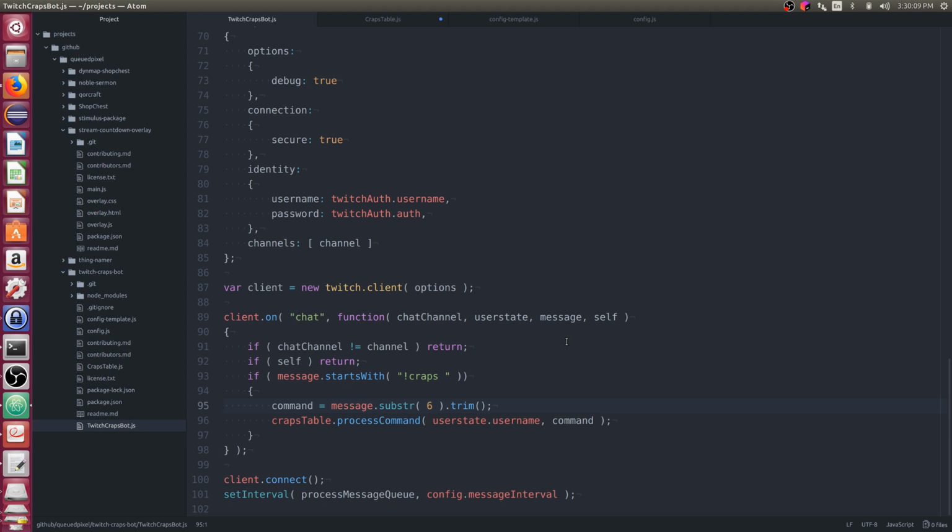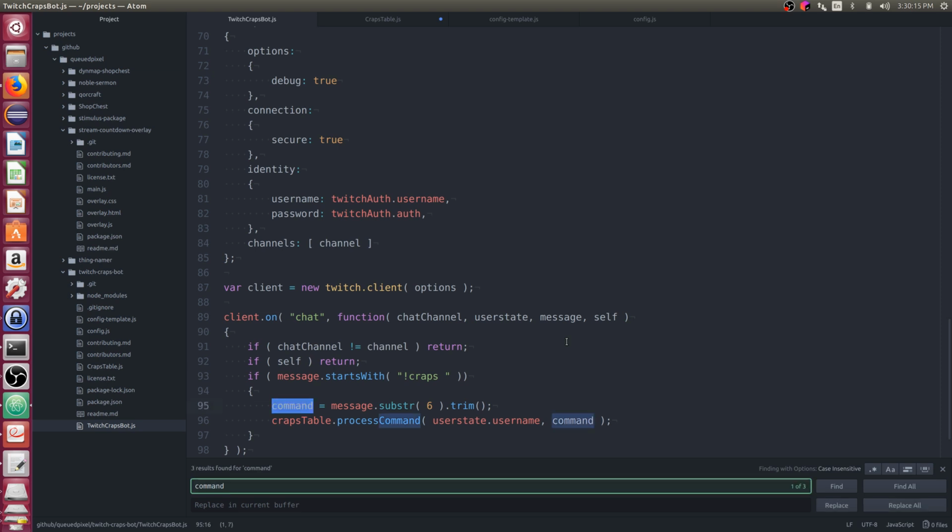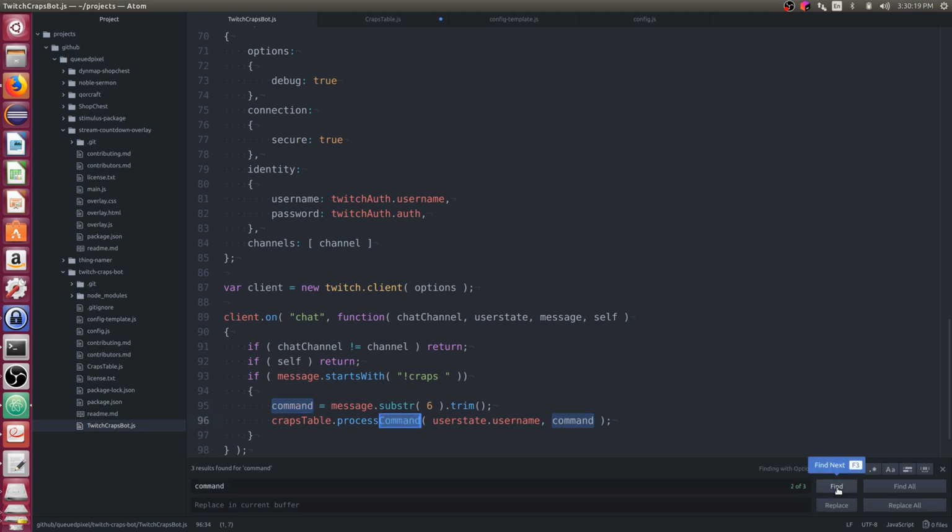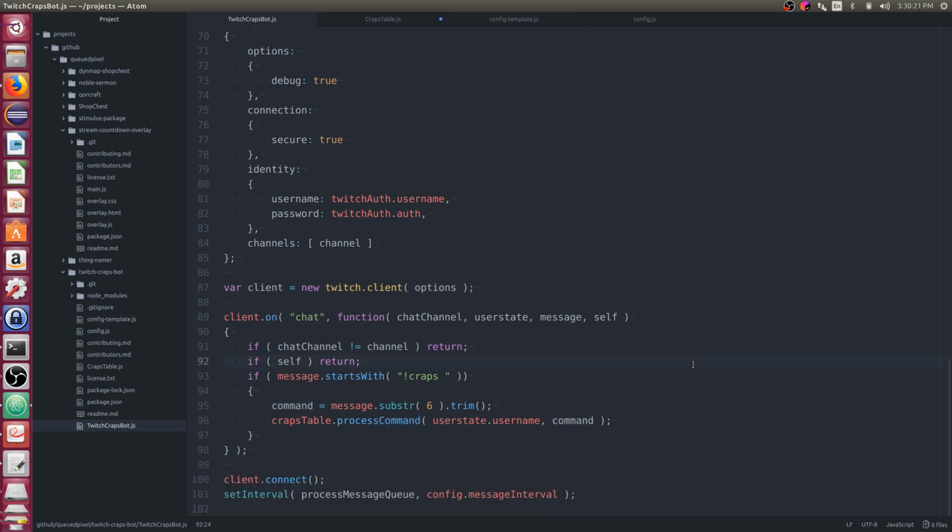Interesting, I have this variable, but I didn't declare it with var. I didn't think that would be valid JavaScript, but apparently if you don't declare a variable, it still works. I'm not really sure what's going on there. That's interesting.